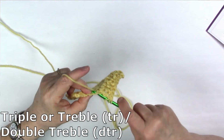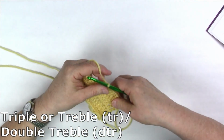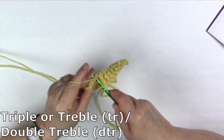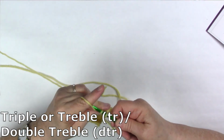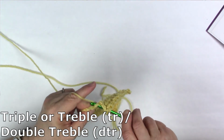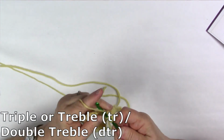Dive into that thing. Yarn over, come out, yarn over, do 2, yarn over, do 2, yarn over, do 2. You can tell how tall this last row is compared to the last one. It's really tall. Yarn over 2, and yarn over 2. Okay. Did I do 2? Yeah. Yarn over, come through 2. Yarn over, come through 2. Yarn over, come through 2,